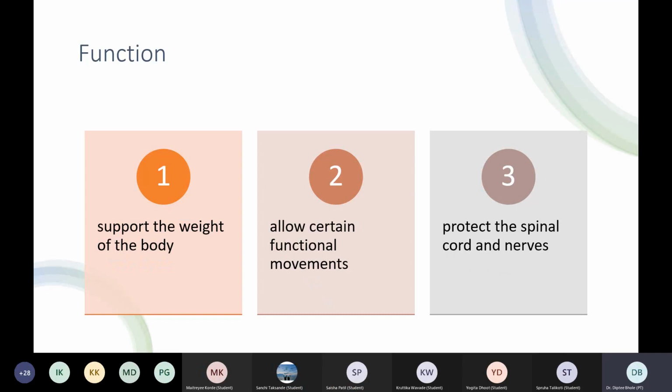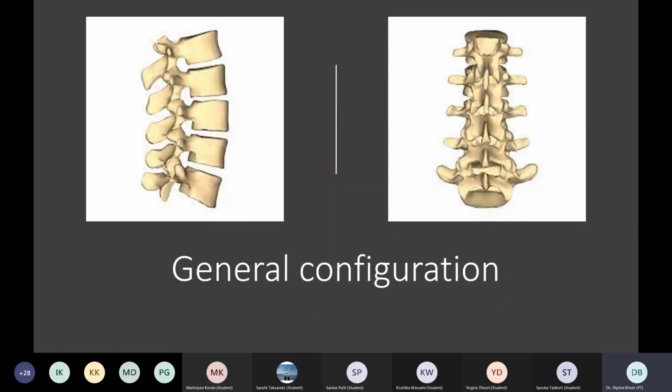Can you see the next slide now? Yes, ma'am. So what is the general configuration of the spine? It is made up of 5 lumbar vertebrae, which are joined in the manner that we have seen so far, and all in all it gives it a more lordotic configuration. If you see from the posterior aspect, you will be able to see that as you go down, the articular pillars